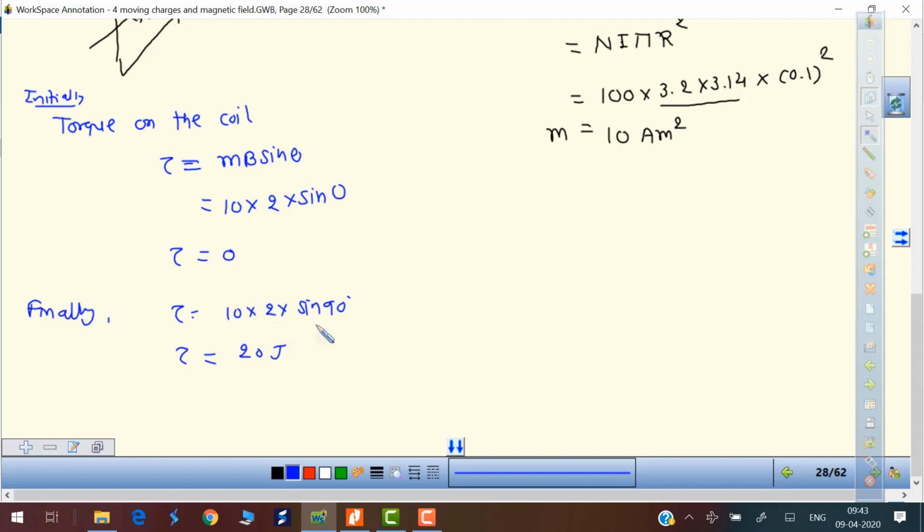અને પોતાની મેળે જાય તો ક્યાંથી ક્યાં જશે, પહેલા ટોર્ક આટલું લાગશે અને પછી આ રીતે ગોઠવાય. So this must be the initial position, this must be the final position, according to me. પણ even though in the text something is there, તો એ clarity કરાવી દઉં છું. Okay, so because of this torque, work is done.